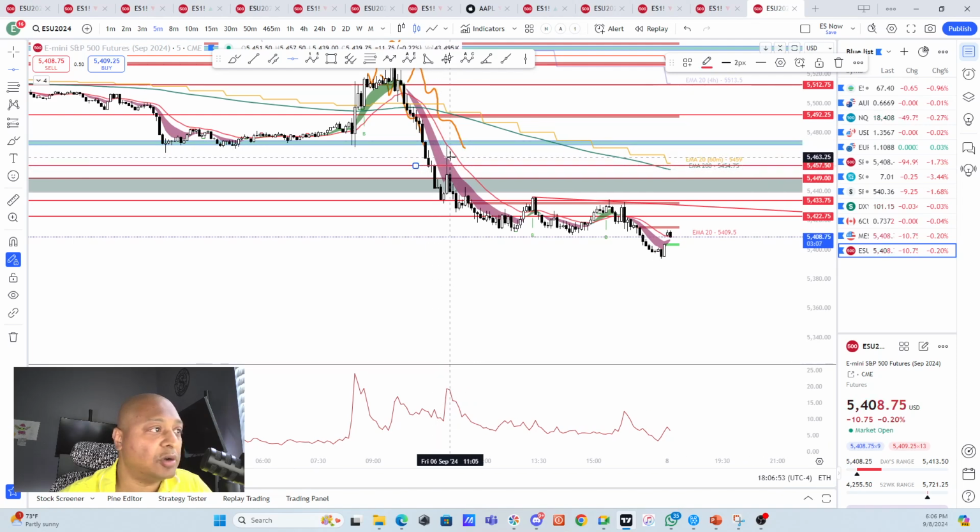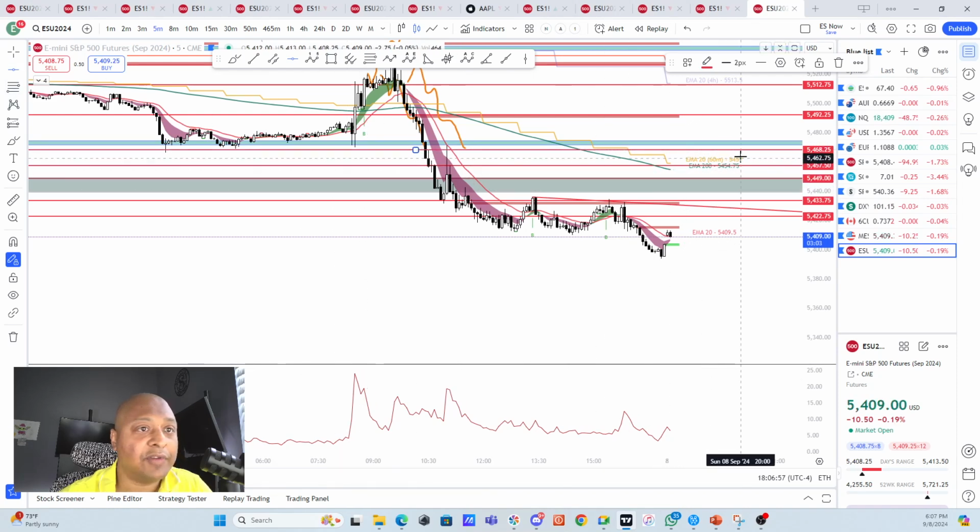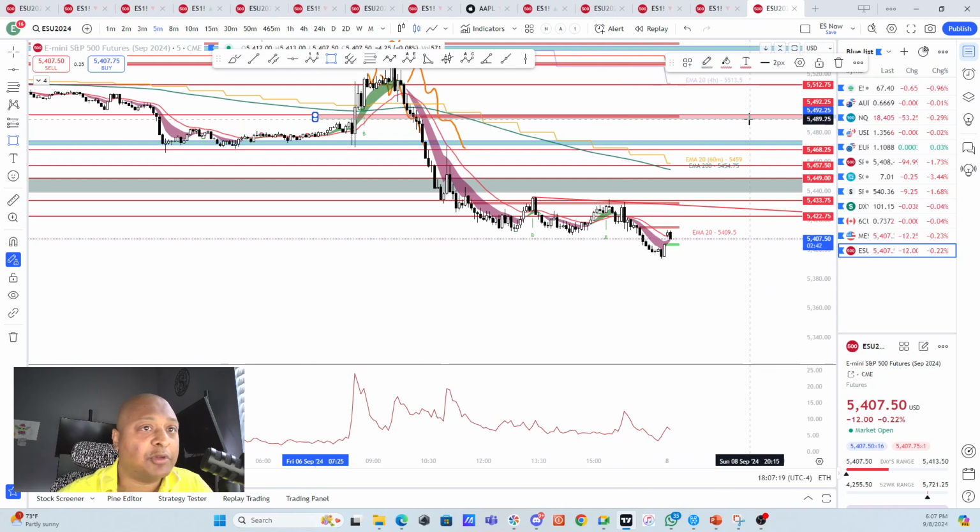We went up, we could not hold it, and after that, if we are going above this 5457 area, the next area of resistance will be 5468, followed by this 5473 to the 72 area, and then we can come up to this 5489 to the 92 area, which I was expecting even at the beginning of Friday, but that did not happen. And then we can get another very good down leg from there. But if we keep going up from there, maybe we will cross above the 5500 and keep going up once again.